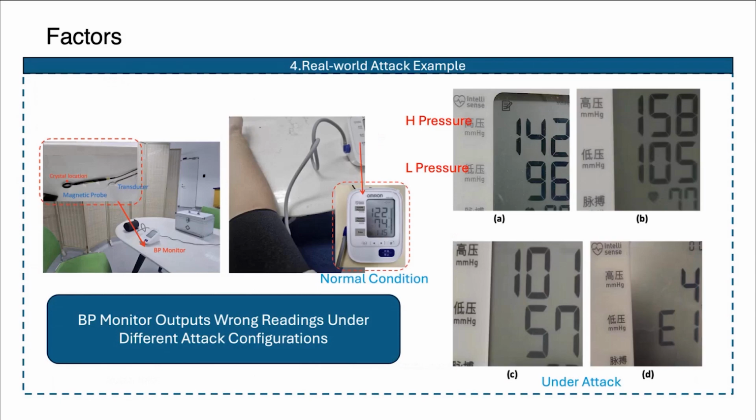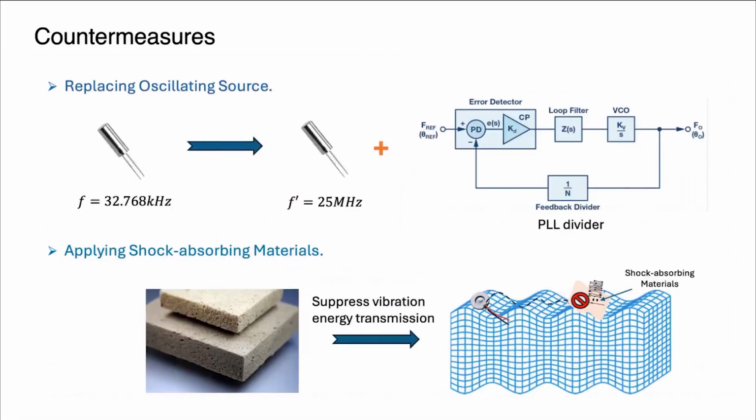When launching the attack on a commercial BP monitor with different attack vectors, we found the BP monitor responded with different ratings. That means the crystal may experience different extents of phase jitter. We also briefly tested a kind of mini pulse machine, and the timing drift results can be found in our paper. So from this work, we know that an attacker can leverage the acoustic vulnerability of the crystal oscillator to